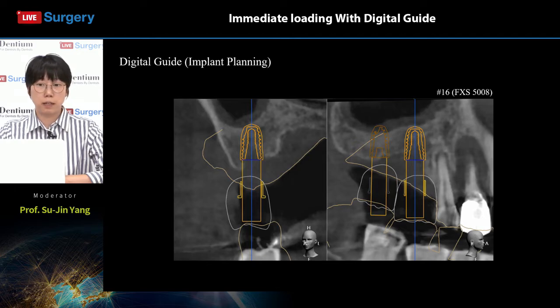As for the implant in the tooth number 16 area, the platform position was set in accordance with the bone crest on the palatal side. As a result, some amount of bone contouring would be necessary on the buccal side. Matching the platform height of the implants on tooth number 17 and 16 area will be advantageous for further prosthetic work and implant maintenance, but